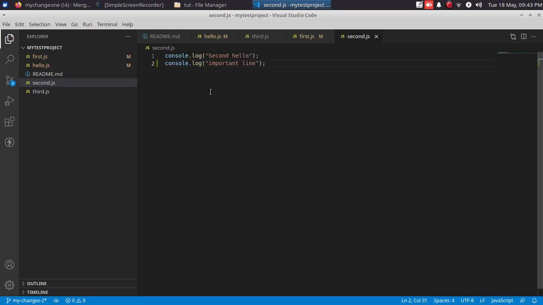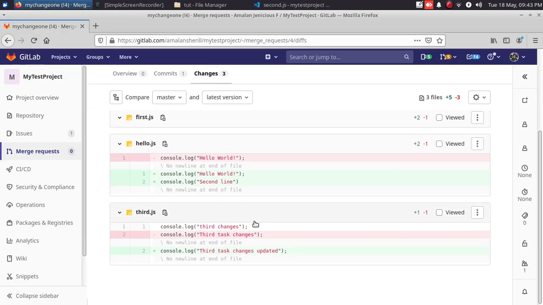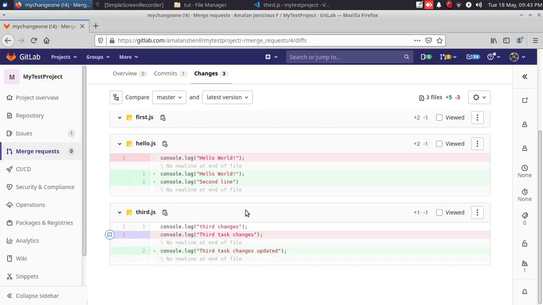It's just an example I'm just giving. Okay, so what I have done is I have changed the same line of the previous changes, but I didn't put the latest master.